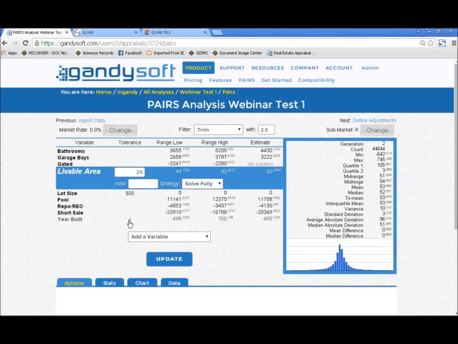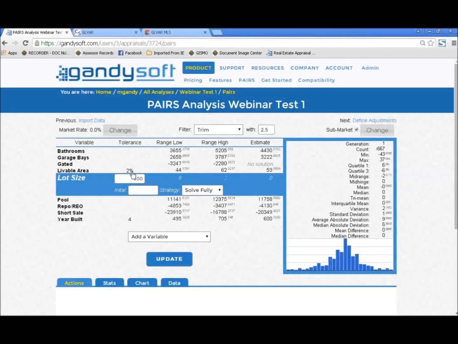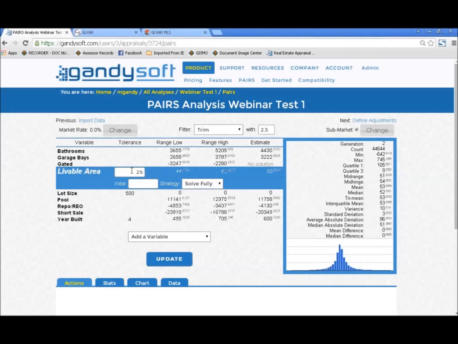But when you look at year built, there's only 2 years difference between them, both built, let's just say hypothetically, 95 and 96 or 97. And lot sizes are 5,400 and 5,800. So very close in everything, very close, not identical. Paired sales analysis we know needs to be identical. So in that situation, if we had, for example, a 4-year tolerance for age, a 500 square foot tolerance for lot, and a 2% tolerance for livable area,